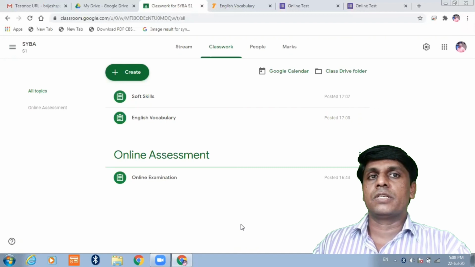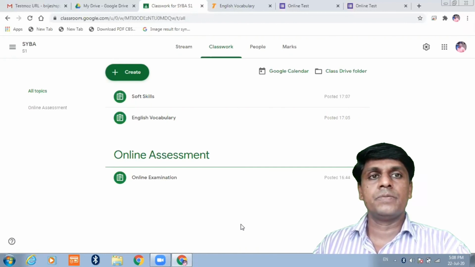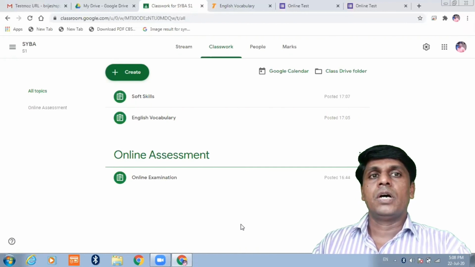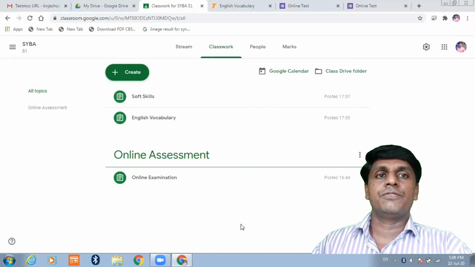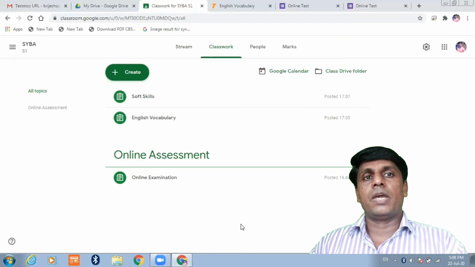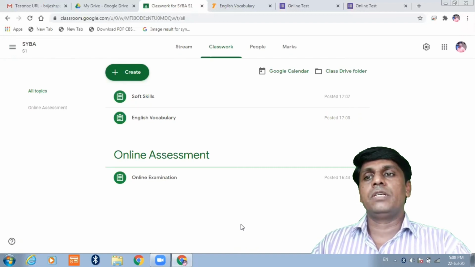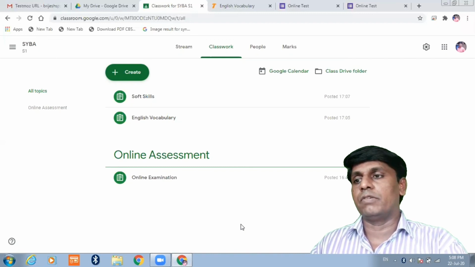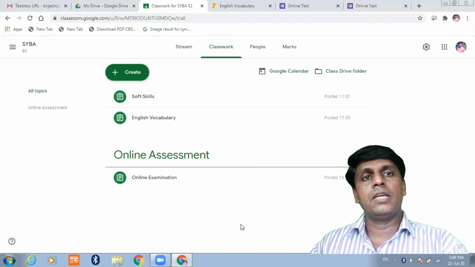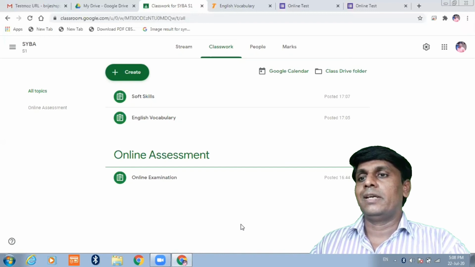First point we discussed in the first session, that is how to create Google Classroom. Second was how to use Google Classroom as a participant. Third was how to organize material, and this is the fourth one, how to embed different tools with Google Classroom in order to make our teaching and learning and even assignments interesting.